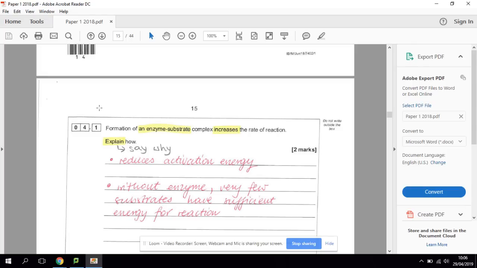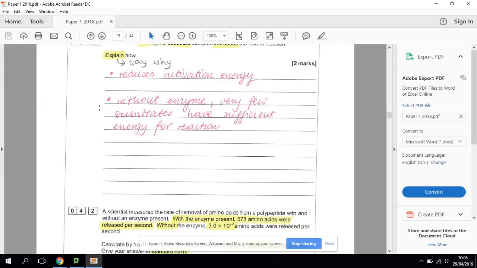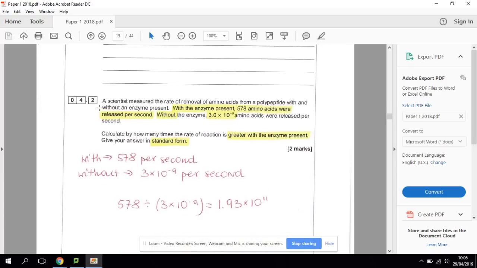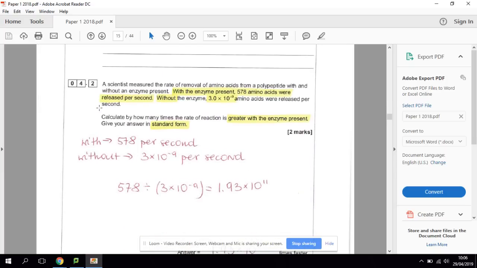Say why. Why does that take place? Because they reduce activation energy, and of course, without enzyme, very few substrates have sufficient energy for the reaction. So 2 marks for that. And then the scientists measure the rate of removal of amino acids from a polypeptide with